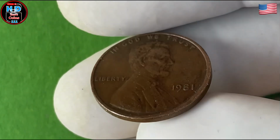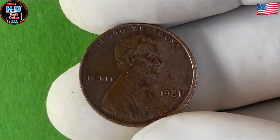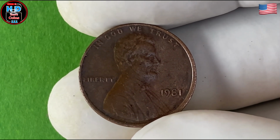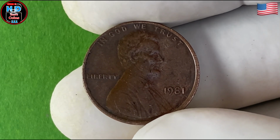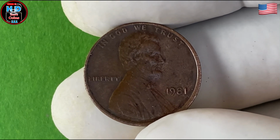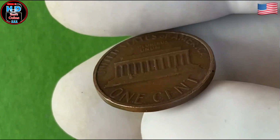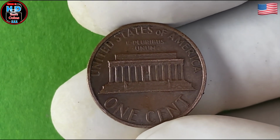The obverse of the 1981 penny features the famous portrait of Abraham Lincoln, the 16th President of the United States, as designed by Victor David Brenner. Brenner's iconic depiction of Lincoln has graced the penny since 1909, making it one of the longest-lasting coin designs in American history. On the 1981 penny, Lincoln's image is shown in profile, with his face radiating a sense of wisdom